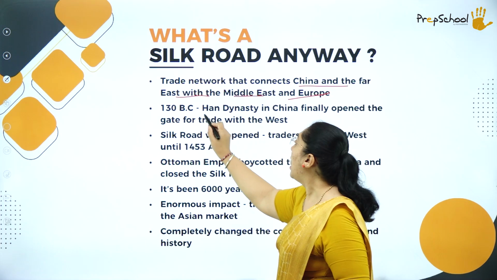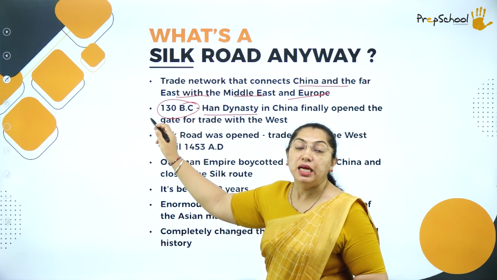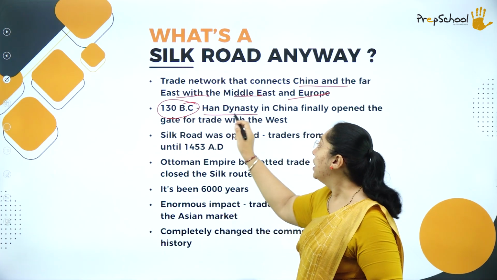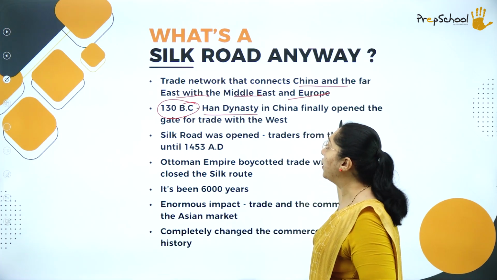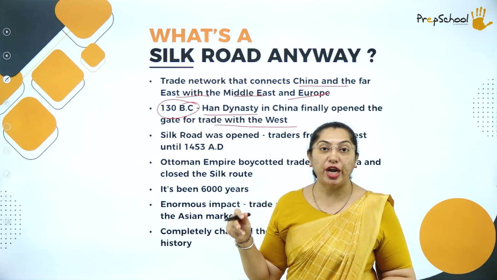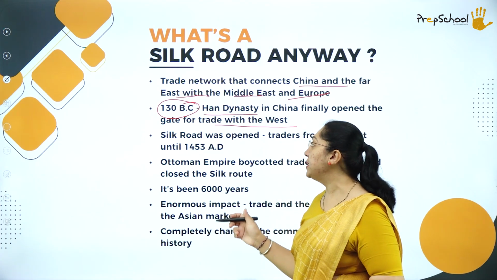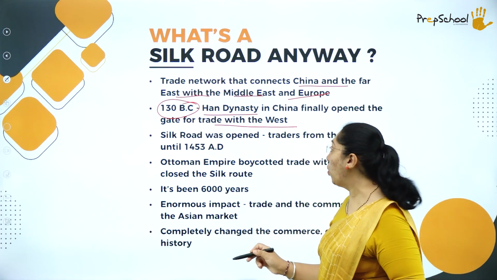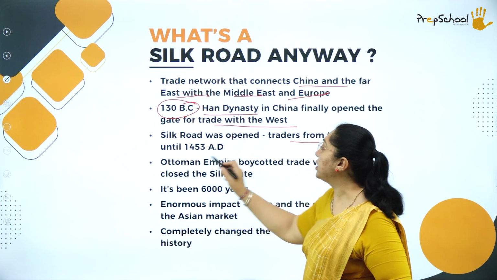It was under the Han dynasties. That is, in 130 BC, the Han dynasty opened the trade route with the West. They were the ones to start the trade route with the West. And what happens after that? The trade route was opened and the traders from the West